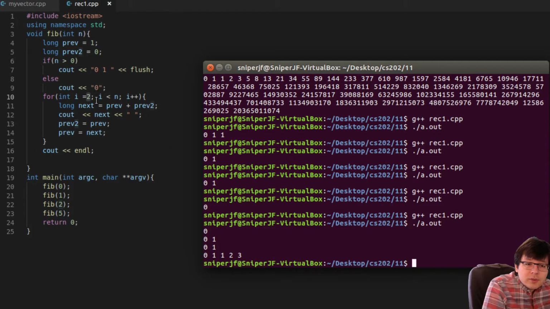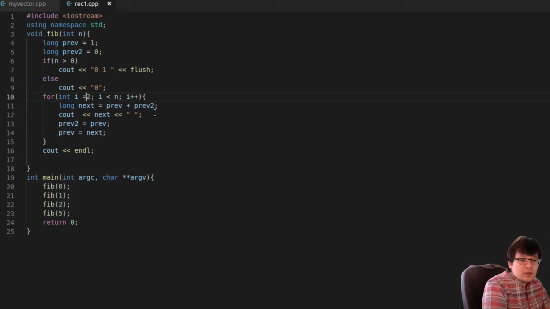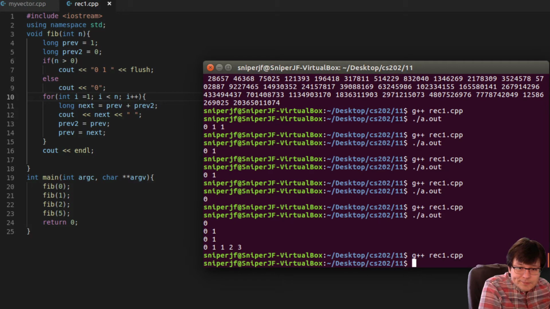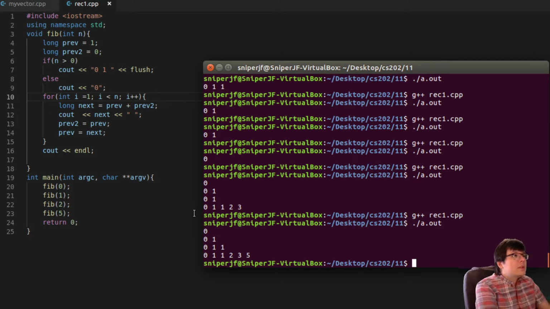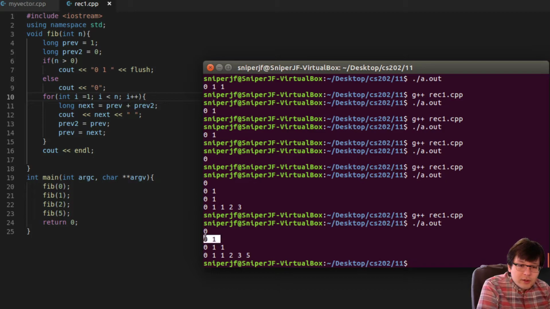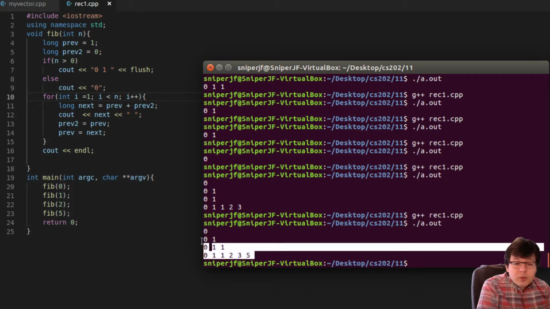If i is equal to 2, 2 is less than 2. Yeah, so I think this might just have to be a 1, not a 2. Let's see if that one works. Okay, so it was a 1, not a 2. So then we got fib0 is a 0, fib1 is 1, fib2 is 1, and then this works